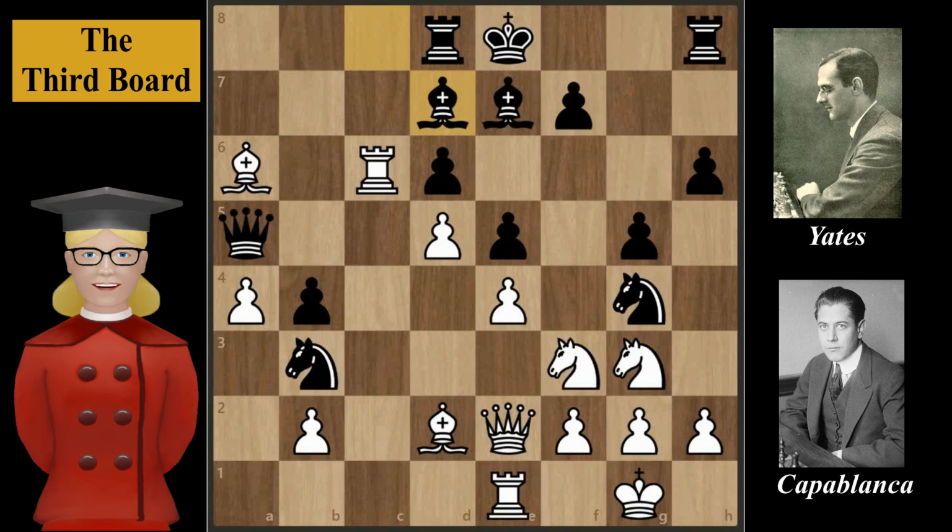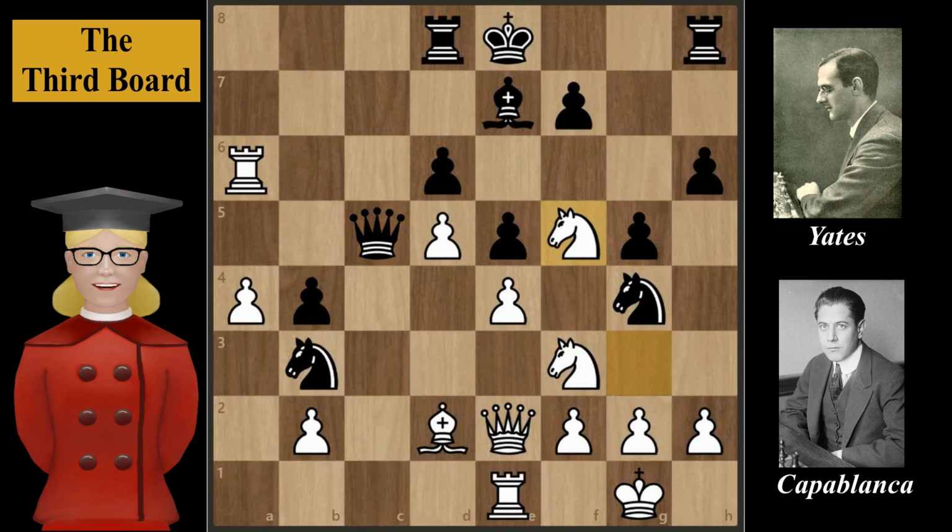It is interesting to note that Yates' move was very predictable. Maybe because he did not have many options. Instead of bishop to d7, he could have played, for example, bishop takes bishop. But that would lead to a worse continuation like rook takes on a6, queen to c5, knight to f5, rook to g8, h3,